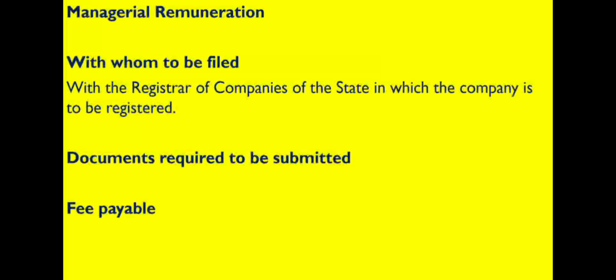With whom to be filed? The question arises, where should it be filed? It is to be filed with the registrar of companies of the state in which the company is to be registered. And the documents required to be submitted: a printed copy each of the memorandum and articles of association of the proposed company, filed along with the declaration duly stamped with the requisite value of adhesive stamps from the state or union territory treasury,